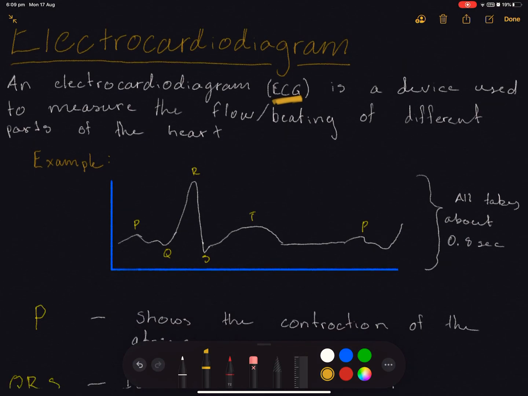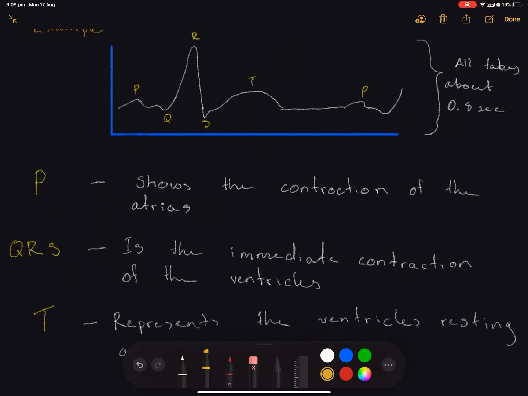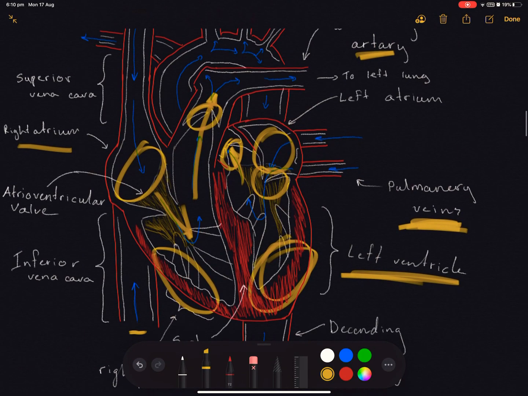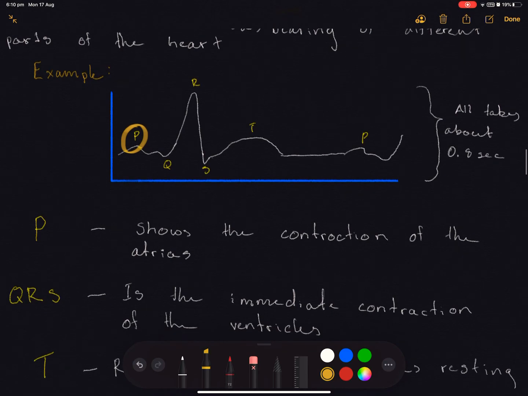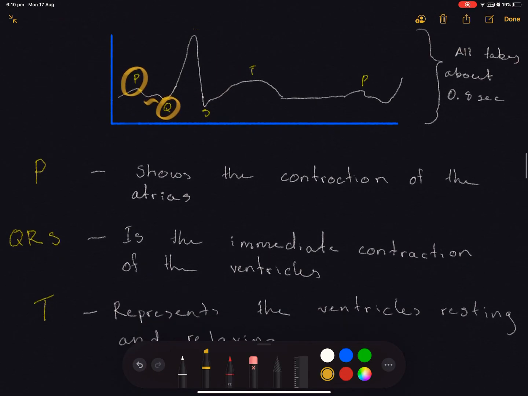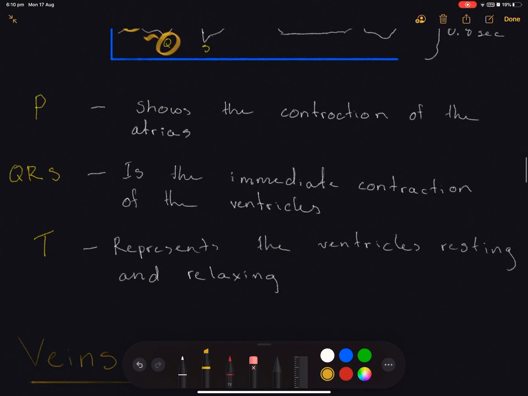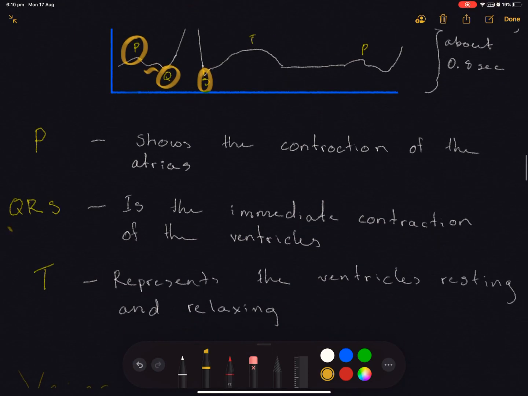Okay, so this diagram represents a healthy heart. So the P, this part here, shows the contractions of the atria, right? So we've discussed that's these two parts here. After which, it then proceeds to have a little bump, and then we call that part the Q. Now, the Q is just before the immediate contractions of the ventricles,